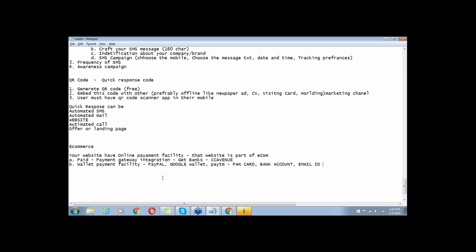You can integrate the wallet payment facility in your website, and they will also charge you 3%, 4% commission on the transactions. Like jitna bhi transaction hoga uska 3 to 4% they deduct from your account. So this is also chargeable, this is also chargeable.